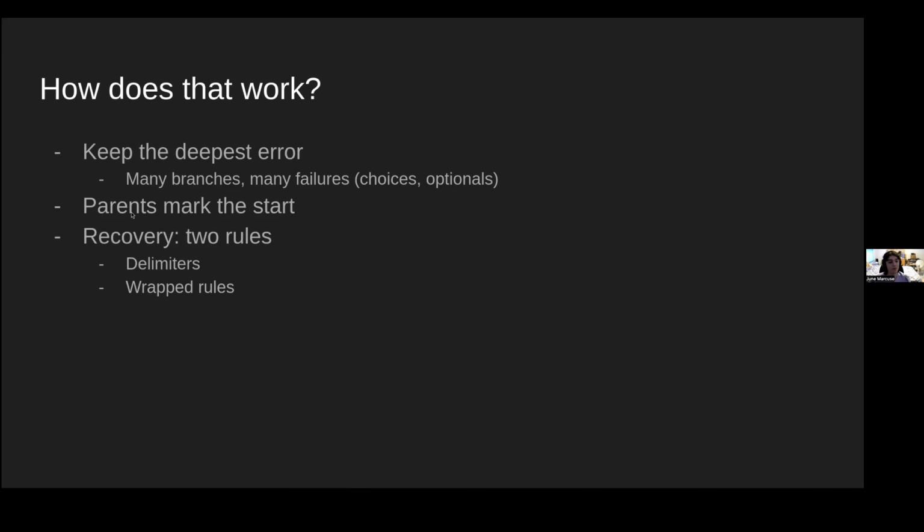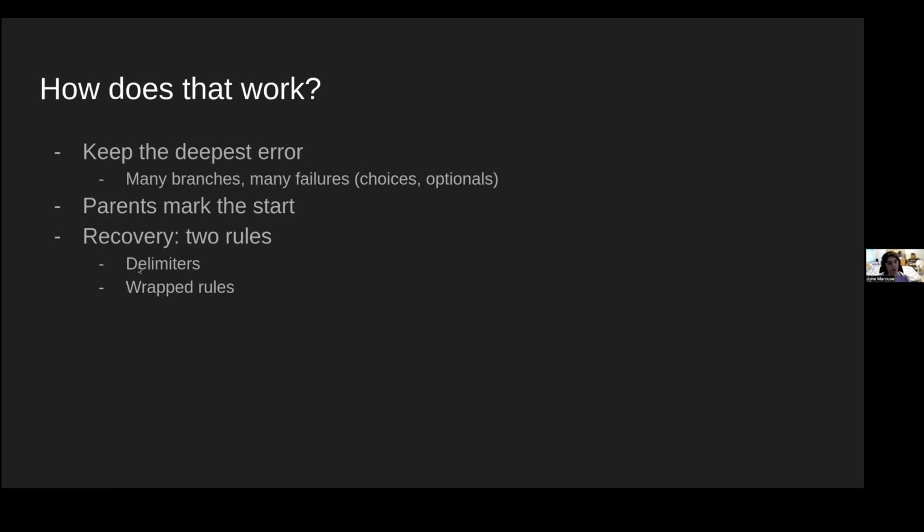For being able to report the range of an error, whenever you have a named rule like list, it's going to hold on to the position that it started parsing at. And then if an error happens, it can stay where that started. That's all it really is. But recovery is where it gets a little bit more complicated. There are only really two cases that Untwine will automatically handle for you.